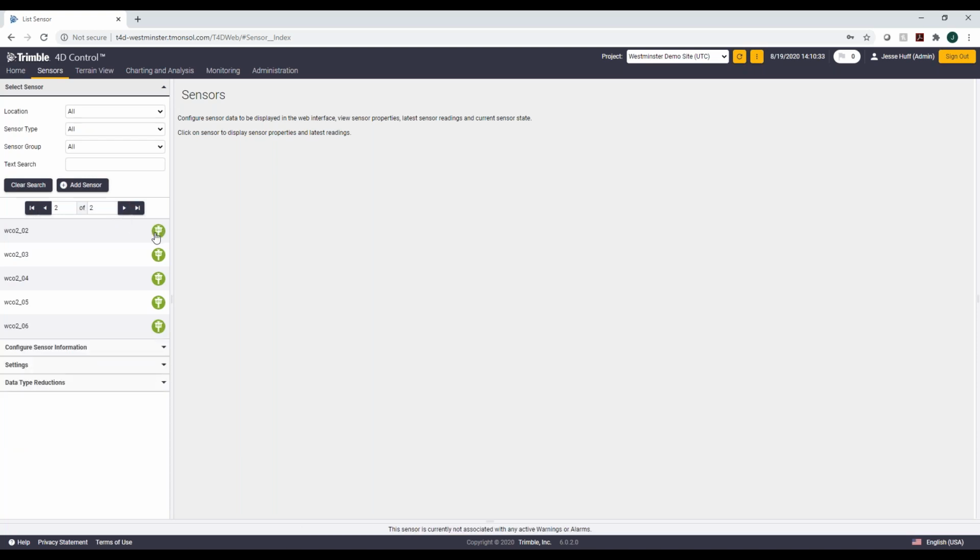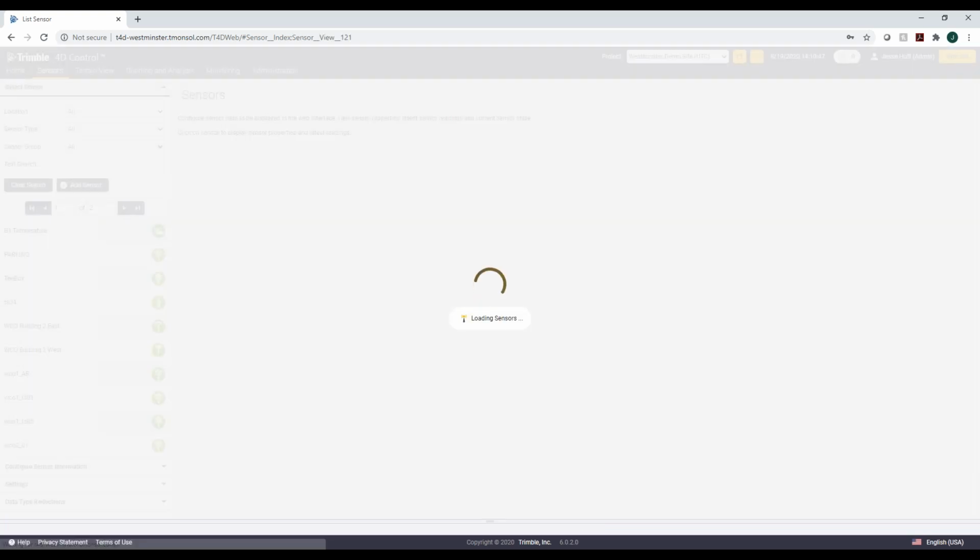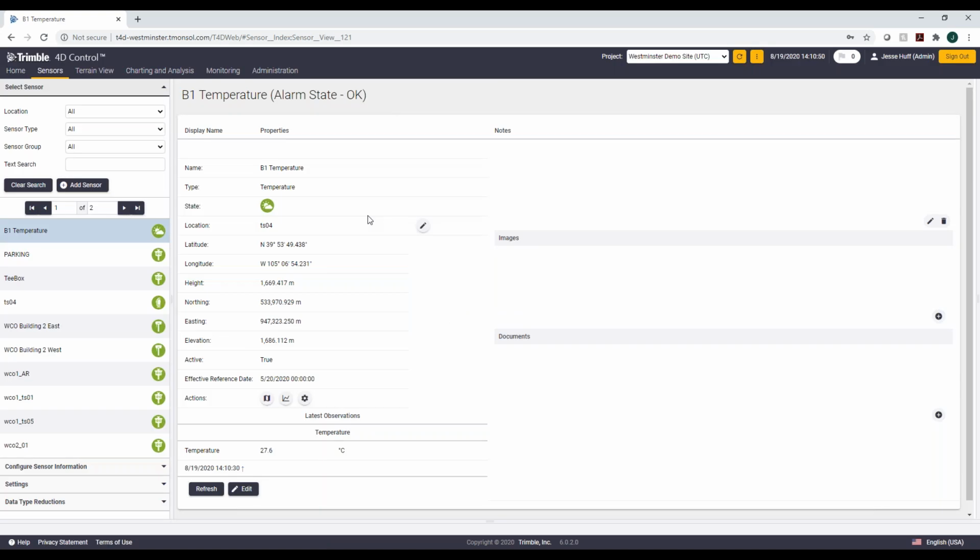So for each one of these, the traffic light control is live. If at any point an alarm is triggered or an alert level is triggered, these icons will change color, both here on the left and in the map view. You can see for any one of these, you can drill deeper. It's a web page. You can drill deeper into each one of these. The current state